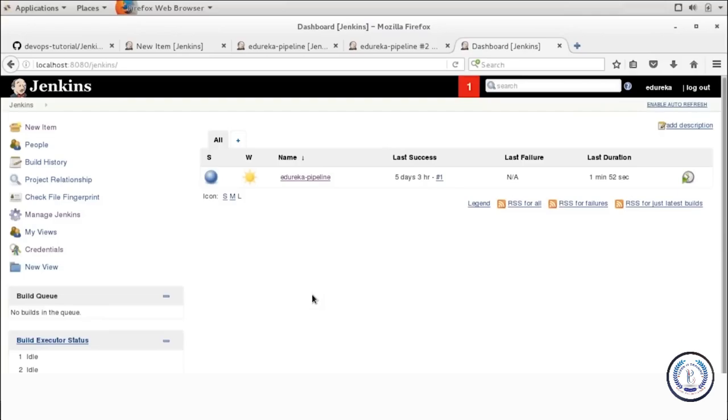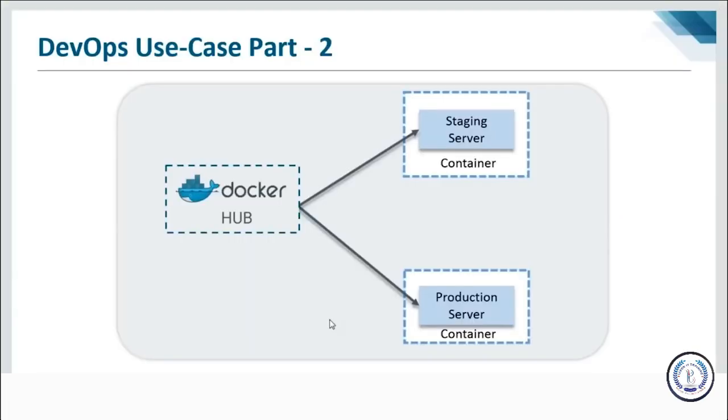Then I explained how you can use Jenkins in order to automate the task of cloning a repository, then building a Docker image, testing the Docker image, and then finally uploading that onto Docker Hub. We did that automatically with the help of Jenkins. I told you where you need to provide the credentials, what tags are, and how you can write the Jenkinsfile. The next part of the use case is that different teams, be it staging or production, can pull the image that we have uploaded onto Docker Hub and can run as many containers